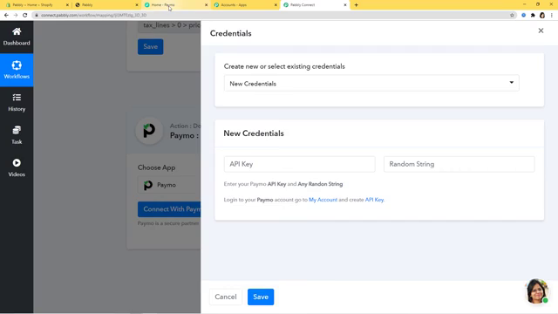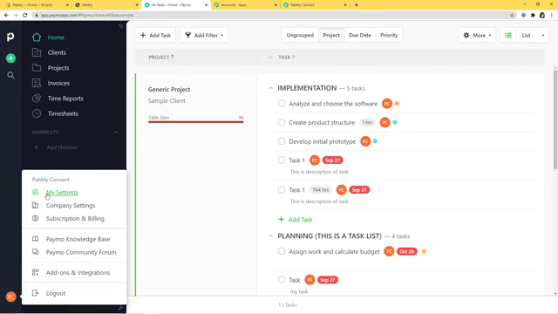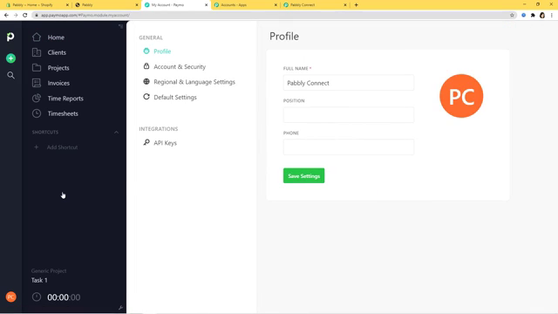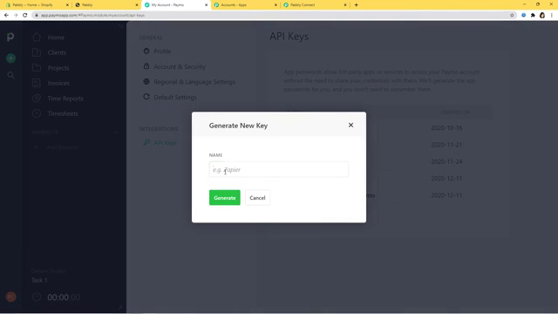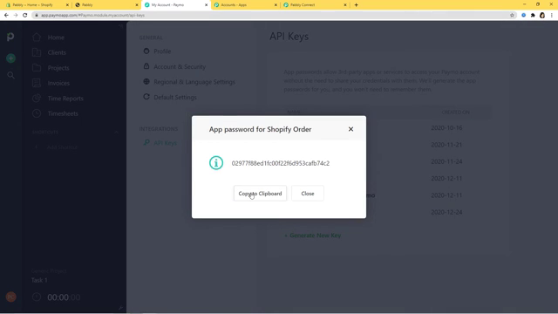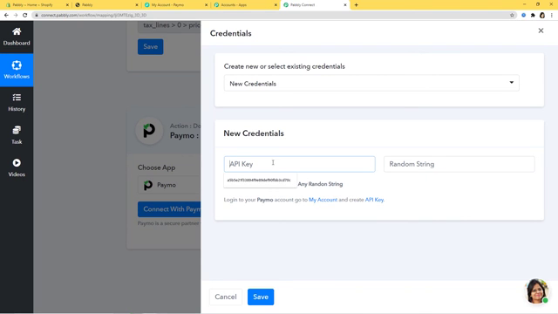So I'll go to my Paymo account. Now I'm going to go to my account over here and you can see my settings. Okay, so now here you can see API key. So I'm going to click on it. Okay, so you can see I've already created some API keys before. Now I'm going to create a new key. So I'm going to name it as Shopify order generate. Okay, so I'll copy it to clipboard and I'll go back to Pabbly Connect and here I'll